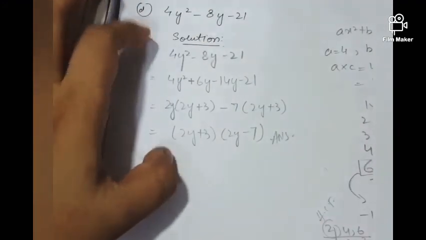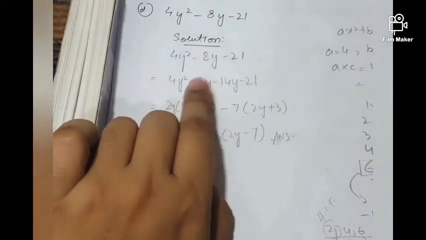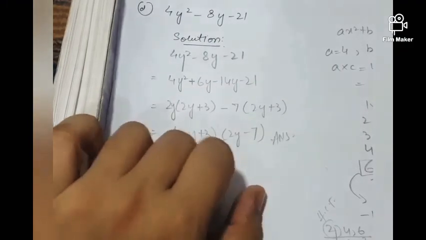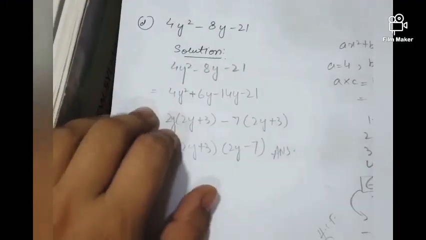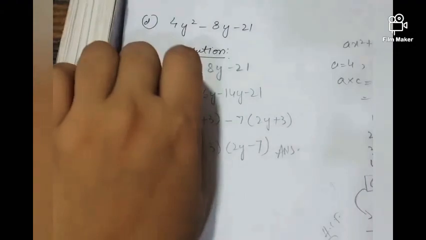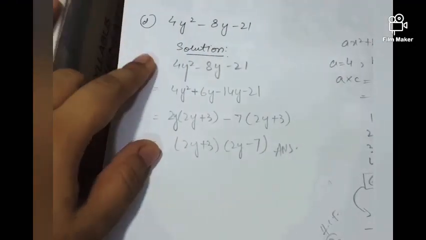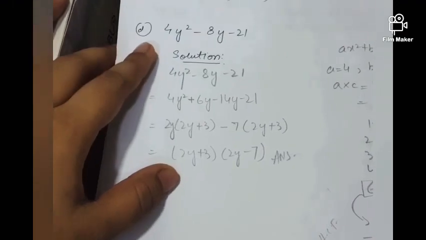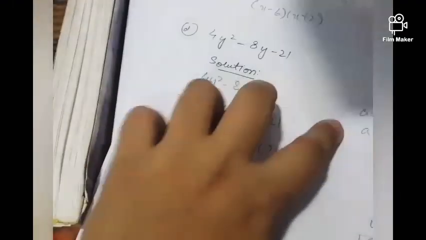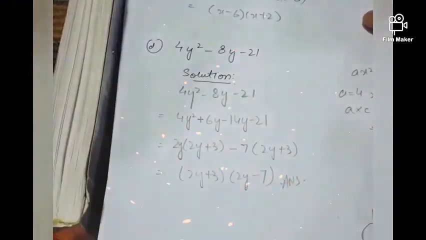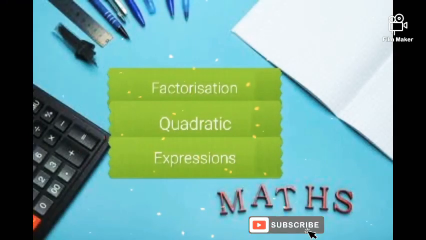You can also try the same question by replacing the factor places. Okay, so this was condition number 4, in which the last two terms are negative. Now we are going to discuss the last condition, that is the fifth condition. Okay, for the fifth condition, please see part 5.